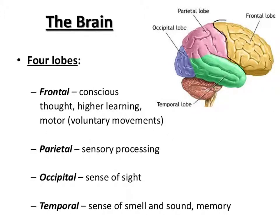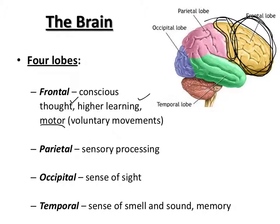lobe is named because it's the front. This is where you have all the processing of your conscious thoughts, your higher learning, your higher cognition, and then the rear portion of it, circled here in black, is where you do all your motor processing, so your processing of movements. Now, this part that I'm circling right now is basically non-existent in most all other animals. And so this right here alone is what makes our brain and our cognition more impressive. Our abilities to reason, our abilities to have rational and logical thought processes are because we have such a large